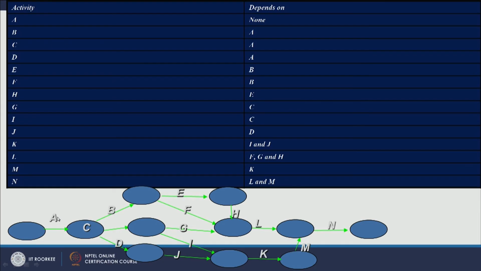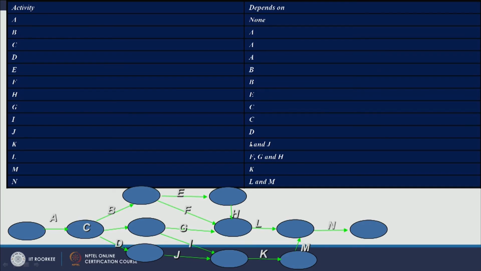Activity C is again depending on A. Activity D again depending upon A, right. So, B, C, D, all these 3 activities depend on A, right, and similarly you can see other